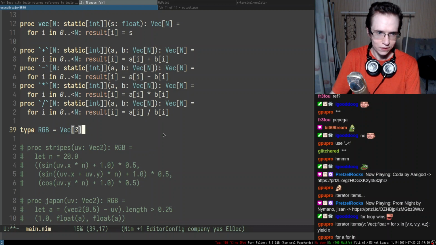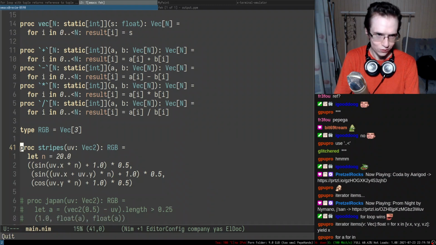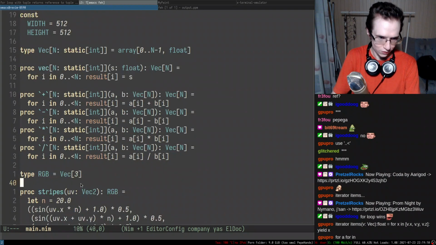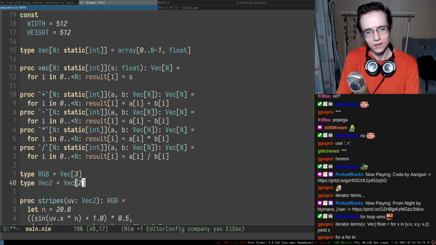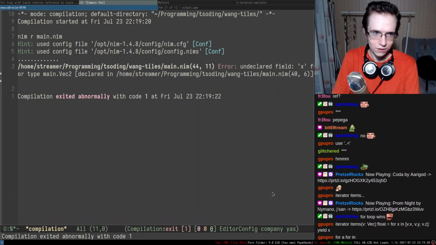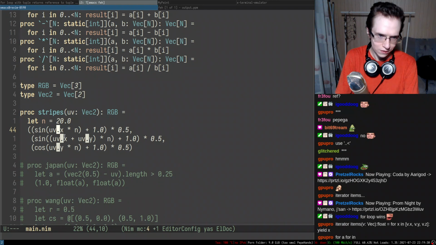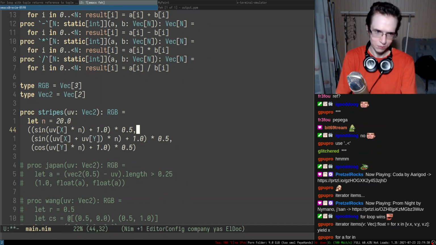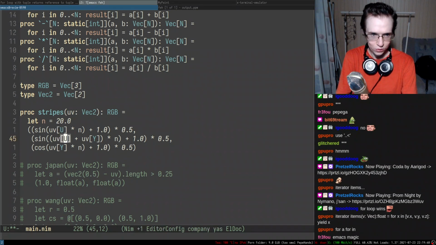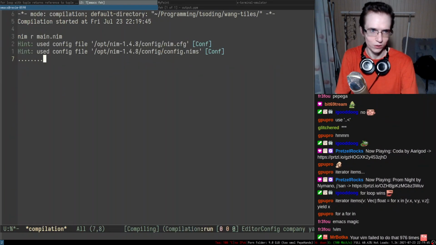And then I can say that RGB is this stuff, and let's actually try to compile stripes. I don't think it's gonna work really well, but we can try. So type vec2 is basically vec2, so we have a bunch of aliases for this kind of stuff. Let me do this kind of thing. That's precisely why I wanted to do that. And since we have aliases, I can say u, and this one can be v, UV coordinates, so I can refer to them however I want.